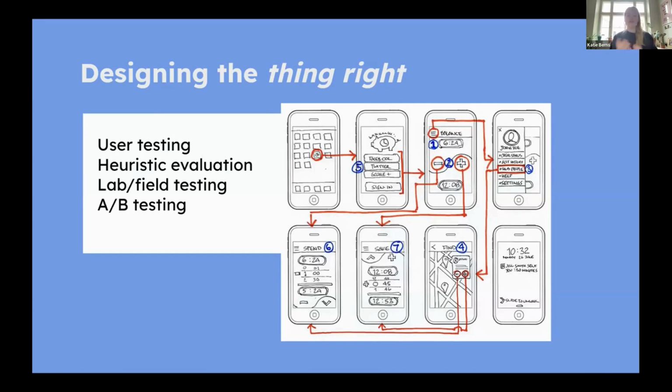So of course, with both designing the right thing and designing the thing right, you can go very in depth. There's a whole world of methods and approaches you can use, but here's an overview of what we would do and really try to capture the distinction between the two frames of mind in a design process.